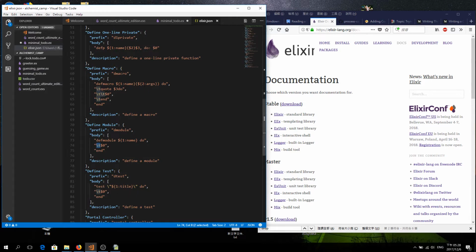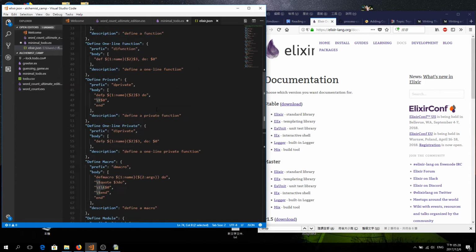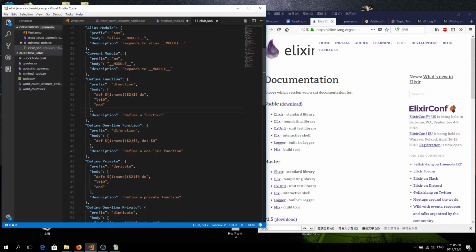Another one that's very similar that is super useful is to make one for define function, which you can see here. It does almost the same thing. Prefix is dfunction. There's definition. Then this is the first tab stop right here. The default value for it is name. The second one is right afterwards inside parentheses that will be highlighted and easy to delete if I don't want any arguments. Third one is right after it, which is good for like a when guard or something like that. And then